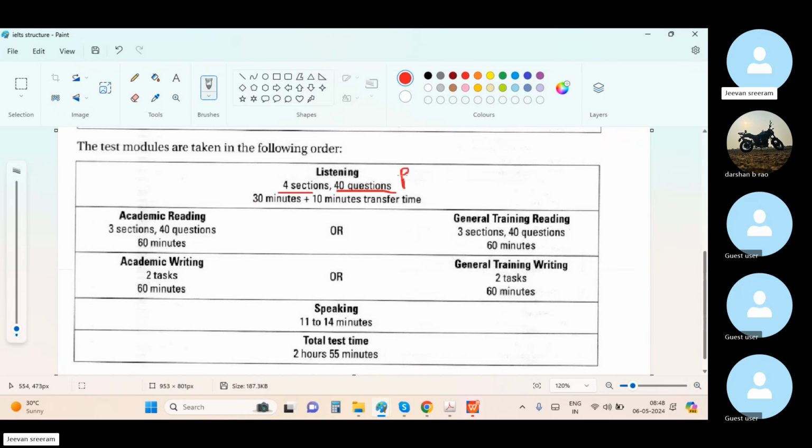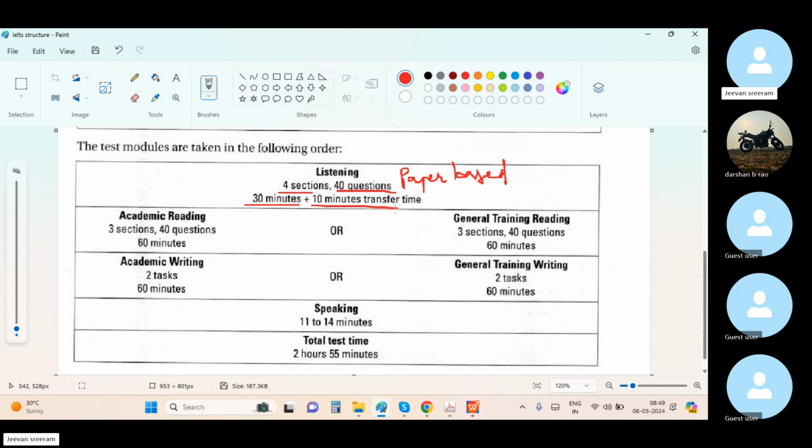As it is a paper-based test, these details are related to the paper-based test. Okay. In case of the paper-based test, there are 30 minutes of recording time and 10 minutes to transfer your answers from the question paper to the answer sheet. As you listen to the audio track, you have to answer the questions given on the question paper,